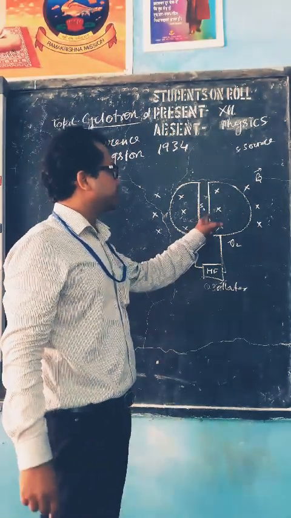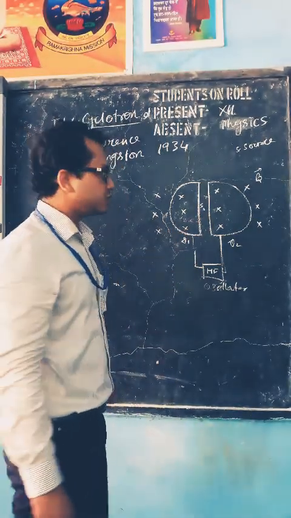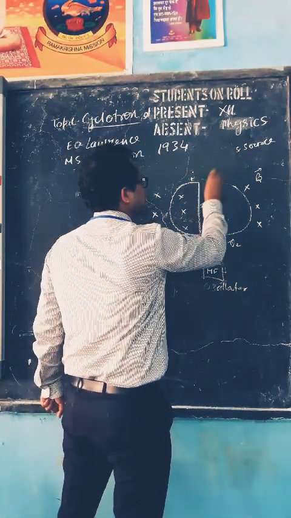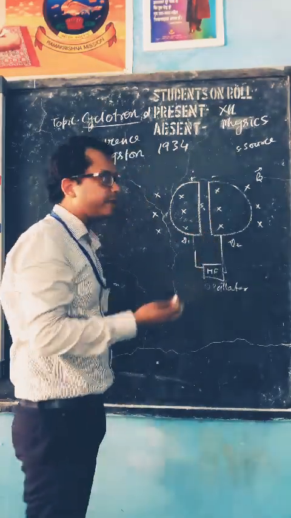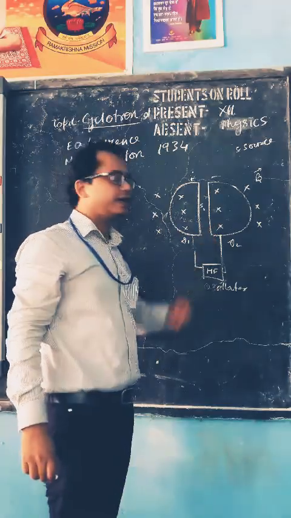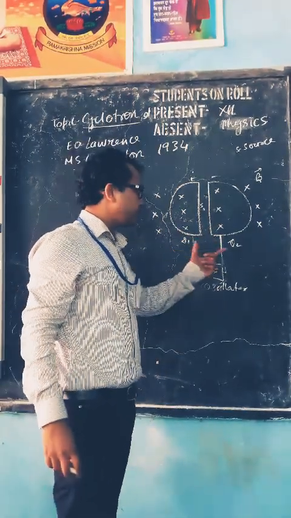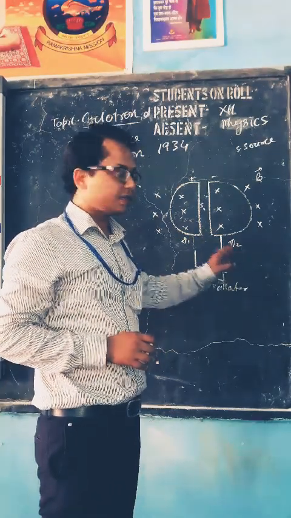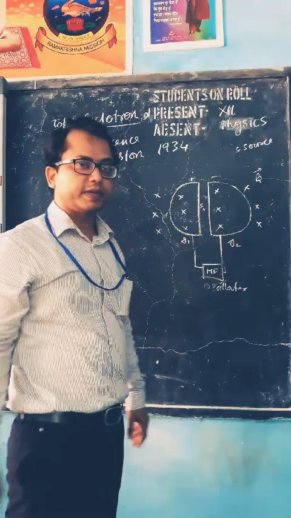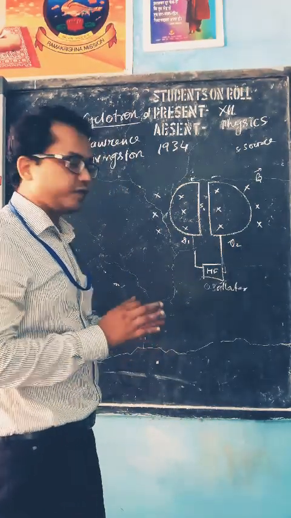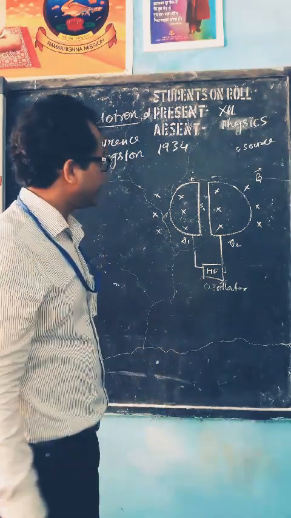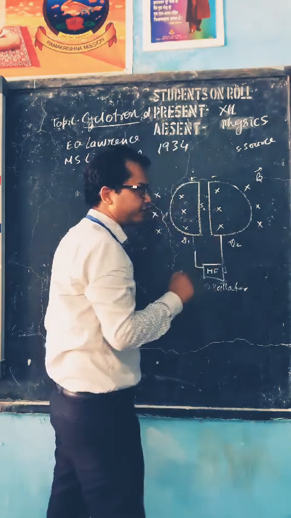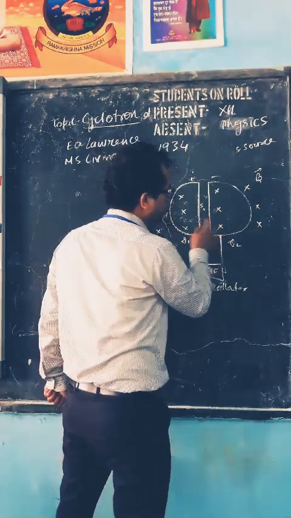See here, electric field, it is a high frequency oscillator. So suppose that at a particular time this is positively charged and this is negatively charged, and the next moment this will acquire a negative charge and that will acquire a positive charge. So the charges on D1 and D2 keep on changing. Sometimes D1 will be positive and at other times D2 will be positive, and sometimes D1 will be negative, at other times D2 will be negative. In this way, D1 and D2 will have charges positive, negative, negative, positive, and so on. So it has a magnetic field going inside the board, and it also has the electric field which is directed either from D1 to D2 or D2 to D1.